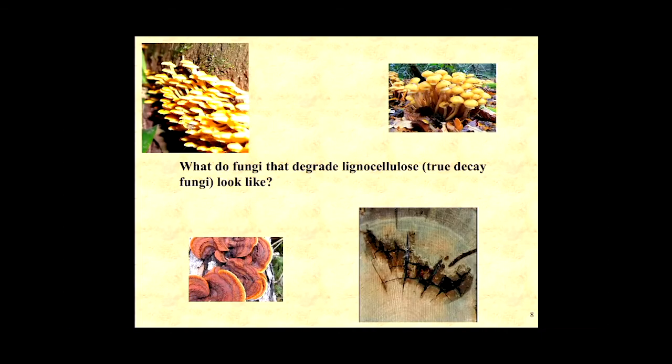Okay, so what do fungi look like that decay lignocellulose? Well, wood is a combination of two or more materials, depending on how you define it. Lignin and cellulose, with cellulose being about 2/3 of wood, lignin the other third. And so we call that material lignocellulose. And these are what just a few of the several thousand wood decay fungi look like. These are the fruiting bodies. We'll show you some other pictures of fruiting bodies in a little bit.